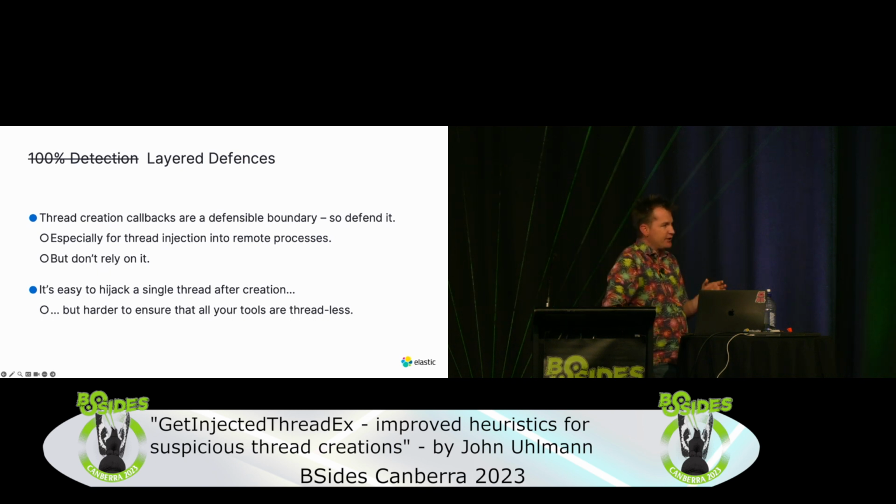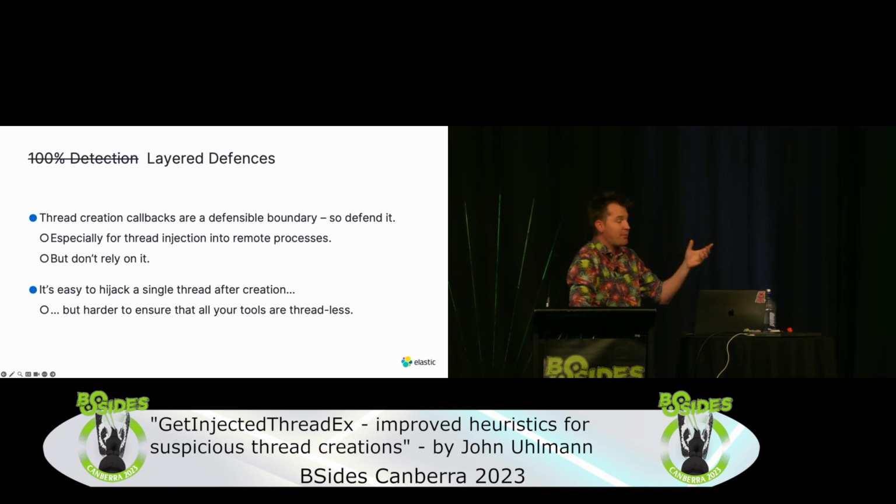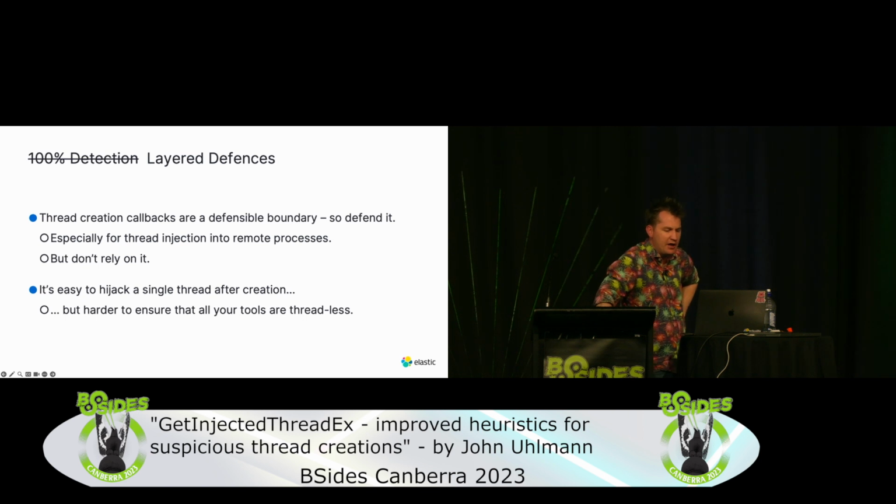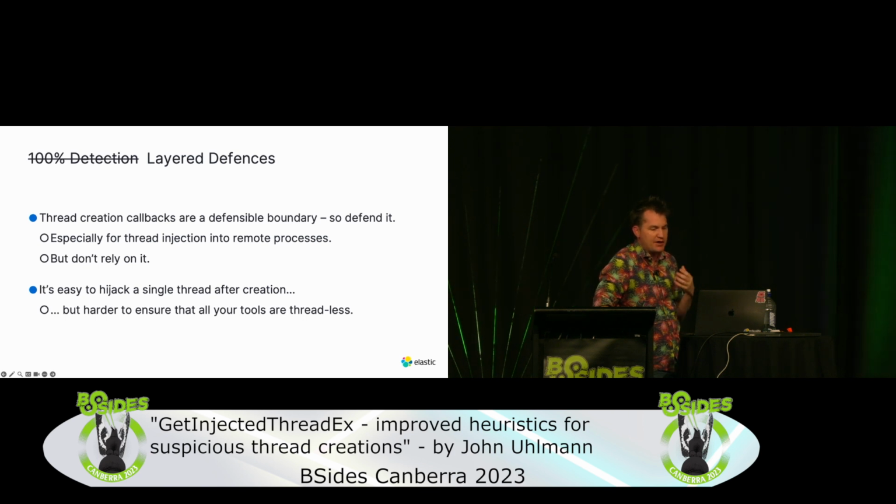So that said, even though it's not perfect, I still think it's a valuable layer, and just making that a little bit harder. So I'd love to hear about any sort of bypasses that people come up with for these thread creations that malware wants to use. It is actually somewhat easy to hijack a single thread after its creation and run just